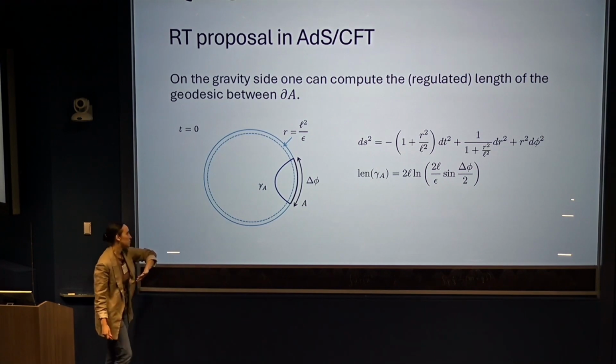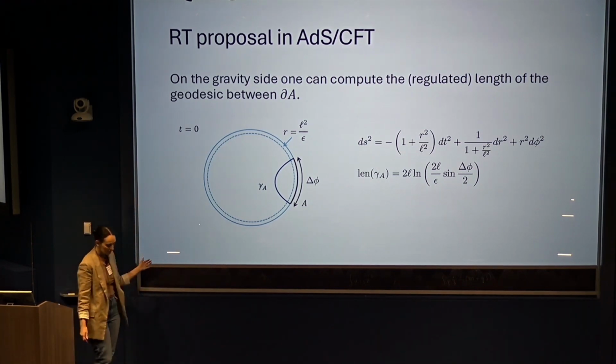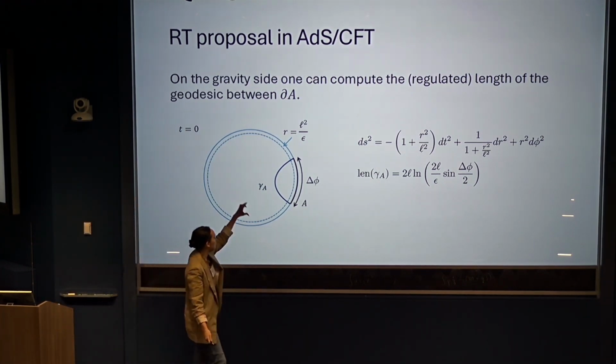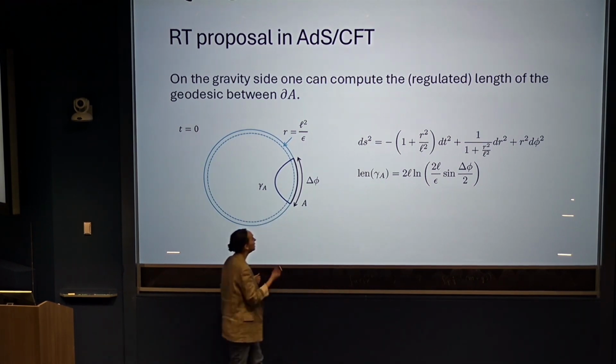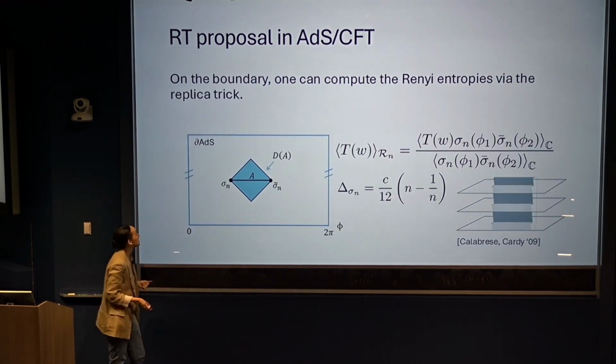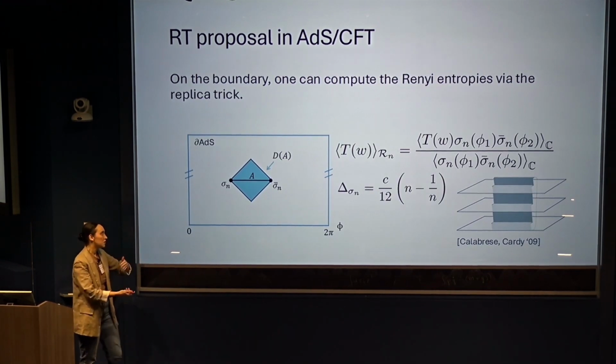So I have my AdS. For this picture, I'm just drawing an equal time cut. I put some cutoff at a very large radius, and I measure the length of that geodesic between the cutoff surface. I get some quantity, and lo and behold, if I had instead been on my CFT, tried to compute the entanglement entropy by the Renyi entropies,